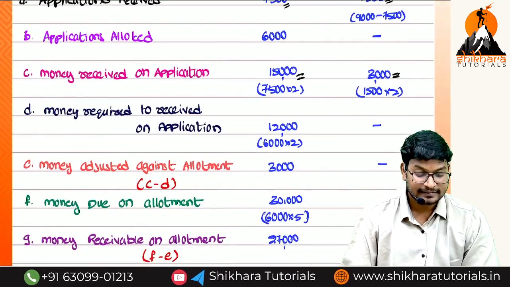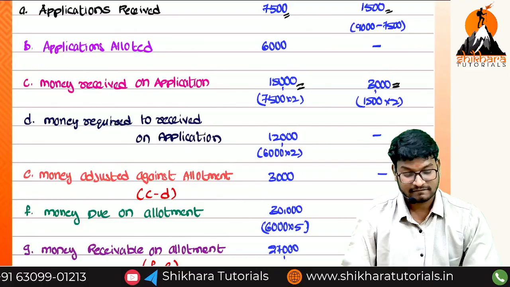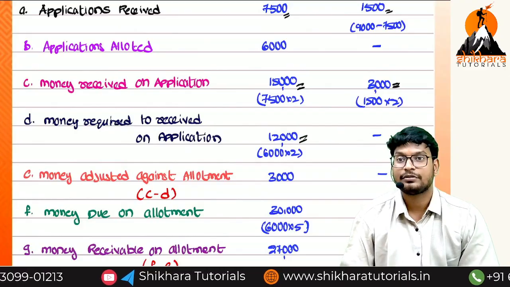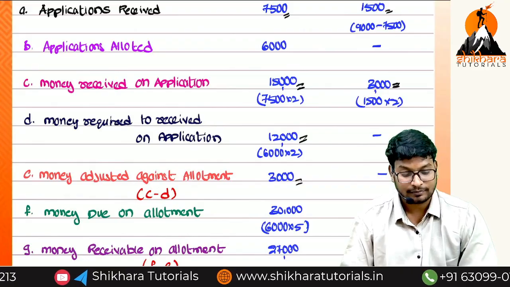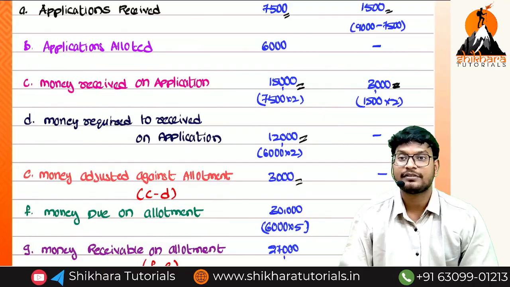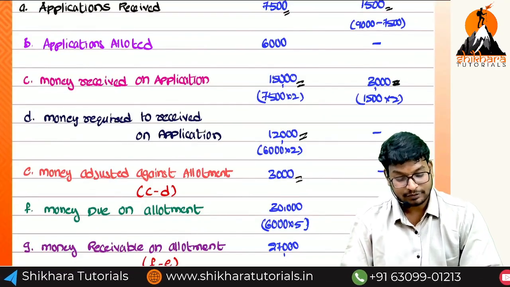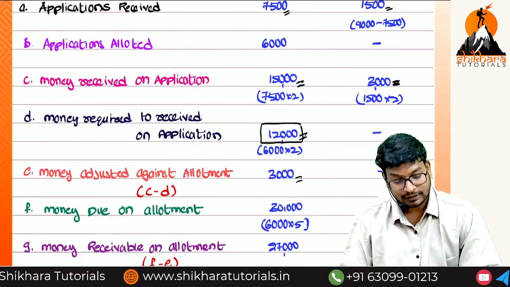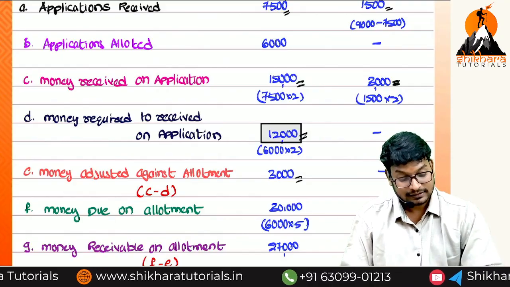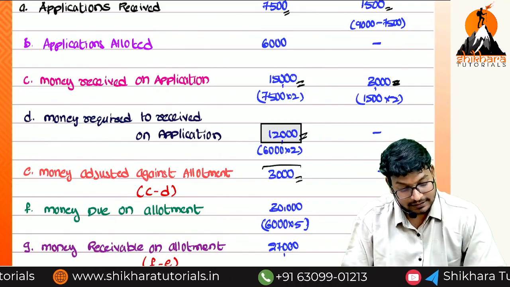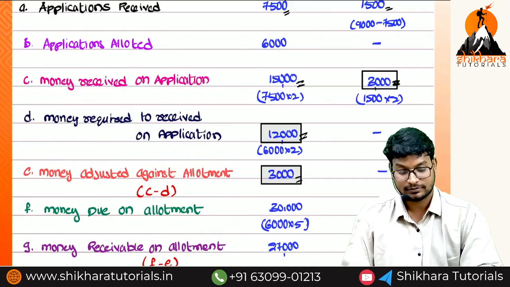So that means to share capital 15,000, to bank how much? 3,000. And extra we have received, how much extra have we received? Arey, 12,000 we have to transfer to the share capital, 3,000 we have to transfer to the allotment, and this 3,000 we have to transfer to the bank account. Okay now, what is the face value here? The actual amount we need to receive is only how much? 12 lakhs. This 12 lakh only we have to transfer to the share capital. Okay now, share allotment how much? 3,000. How much are we rejecting? 3,000. So are you getting the point or not? Okay, nice.